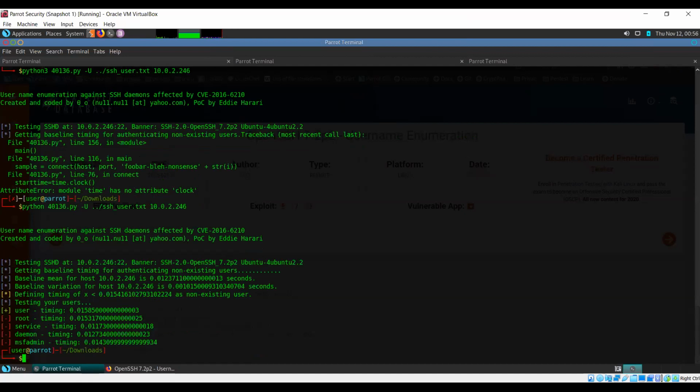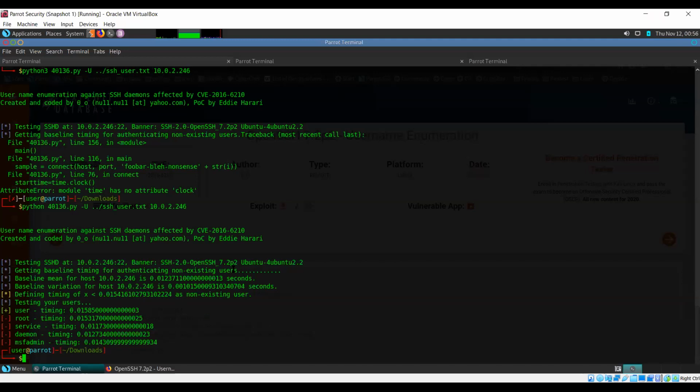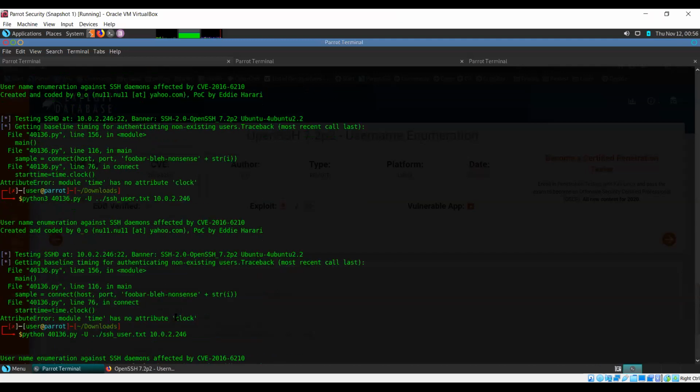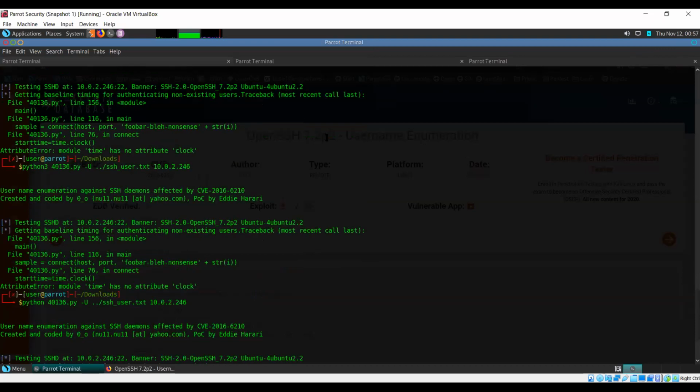Okay, so it's saying that there's a user account named user. Now, again, this is not really going to just give us a way to hack into the system. This is just for user enumeration. But what I also wanted to show here was how you can download an exploit from exploitdb and run it on your system.